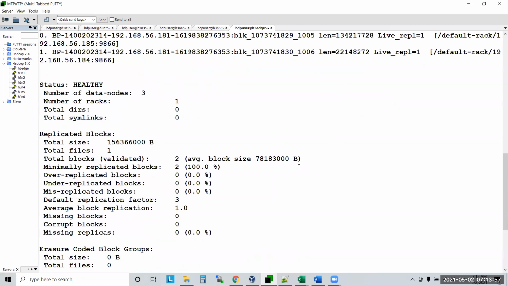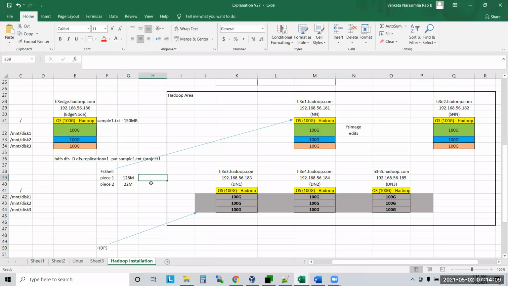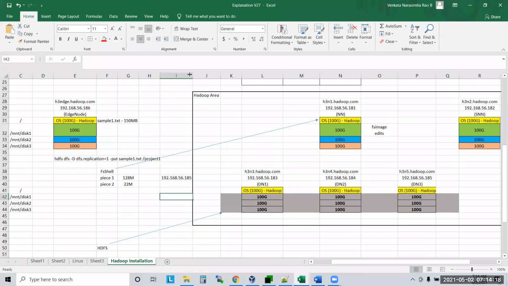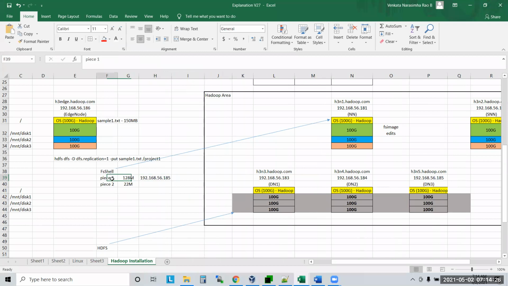Now it is telling us replication equal to 1. See, for the first copy it is telling that you put this one into the 185 machine. What is this 185 machine? A data node. So it is telling to put it into the 185 machine, with the name. What is the name? I should give some name, right, to write into the data node.